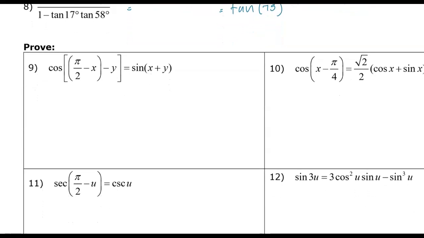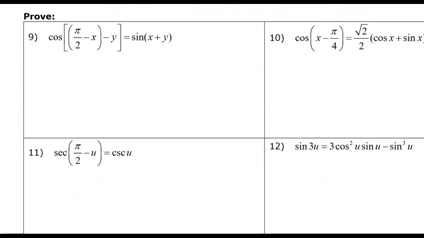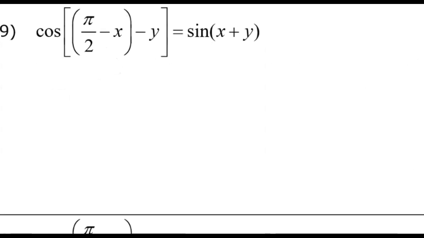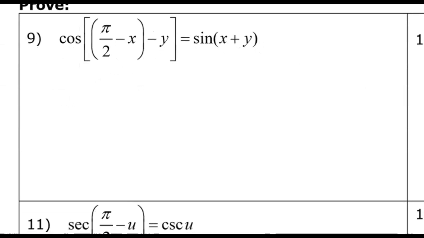Okay, one last one really quickly. I wasn't going to do this problem, but in 4th period, a lot of people were having trouble with it because it combines what you did yesterday or last class and what you're doing today. Right now, we're trying to prove that cosine of pi over 2 minus x minus y is equal to sine of x plus y. Which side would you like to change? The left side, to make it the simpler side, the right side. So,